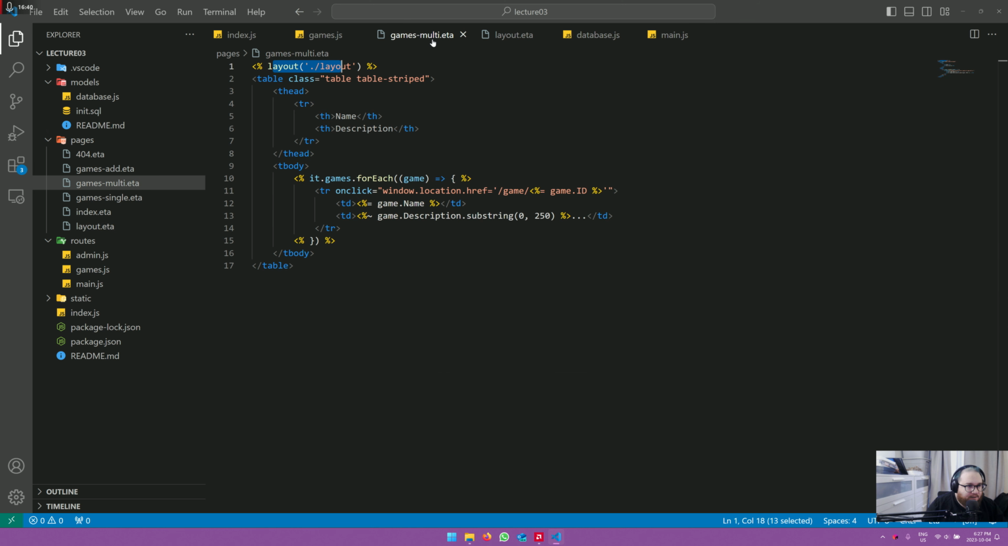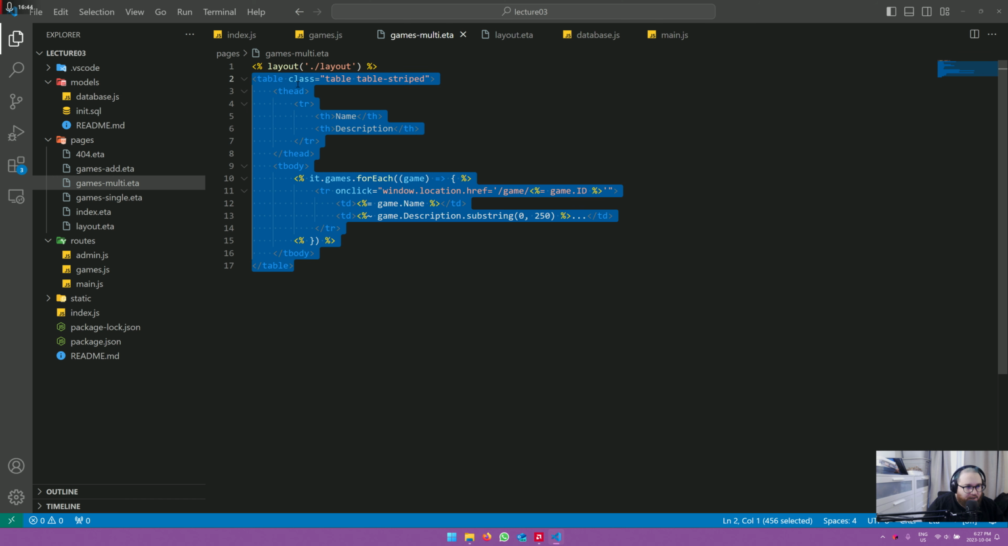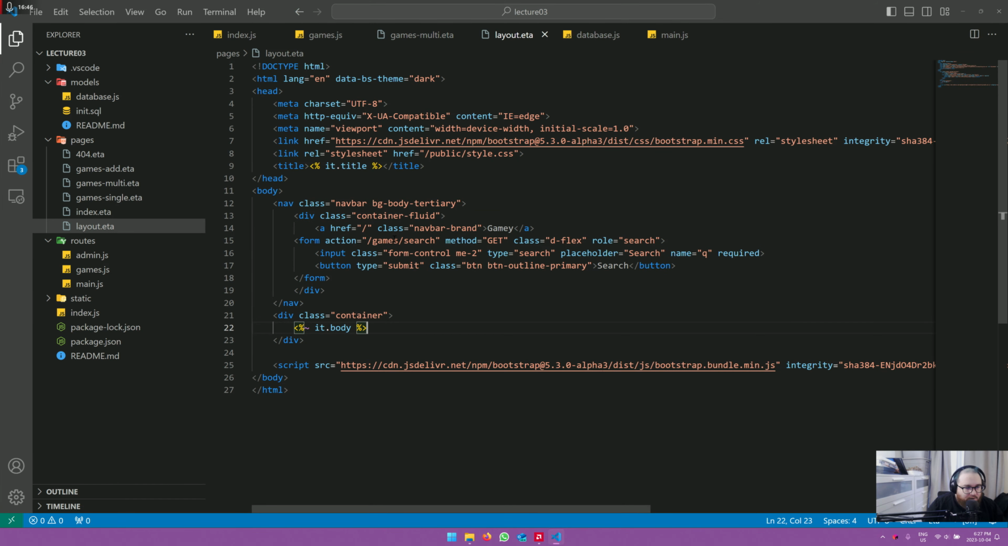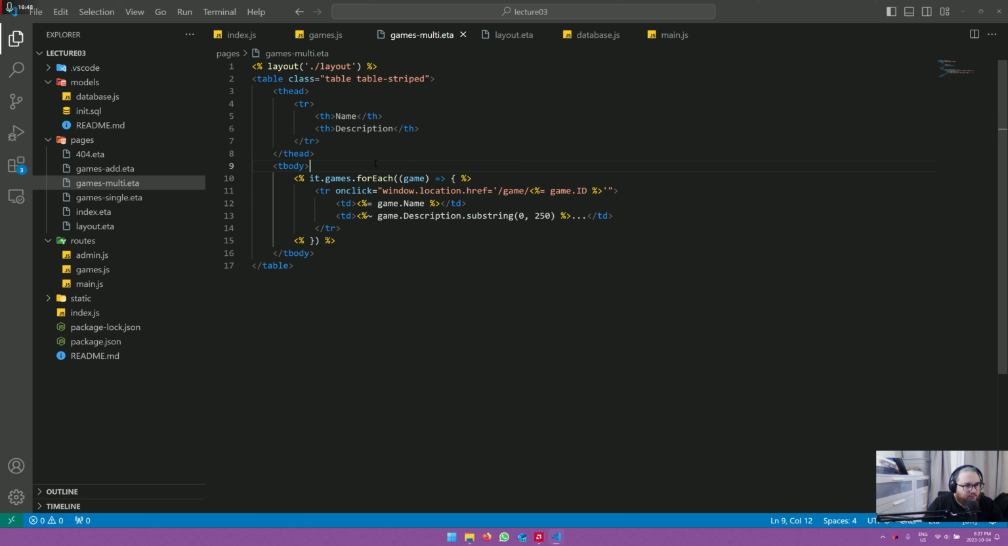So now we're going to go back to the games.multi. So it's using that layout, and this little piece, this table that I'm creating, is going to go right here in the it.body. So what goes in the it.body? It goes a table with two headers, with a name and a description. Those are the columns, right? And then if we look at